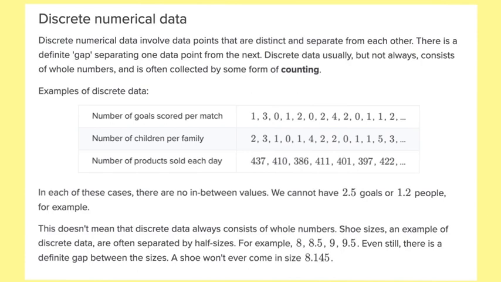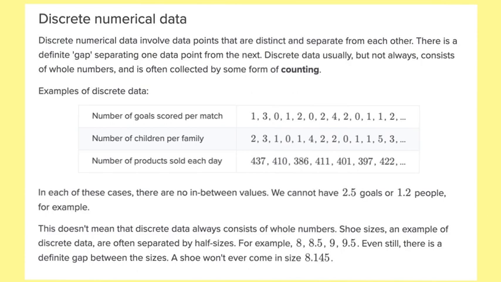So some examples are the number of goals scored in a match. Well, they could be 1, 3, 0, 1, 2, 0, 2, etc. The number of children per family: 2, 3, 0, 4. The number of products sold each day: 437, 386, 401. In each of these cases, there are no in-between values. We cannot have, for example, 2.5 goals in a football match. We can't have 1.2 people